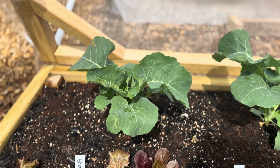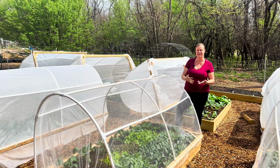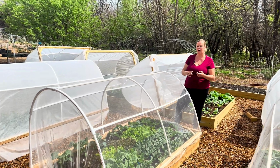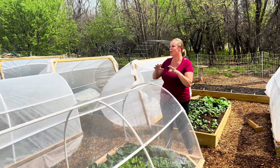So things like our brassicas and our greens. So these are going to be primarily for our cool season crops, things that don't need pollinators. Now our plants like our tomatoes and peppers, things that need pollination, we're going to be growing them